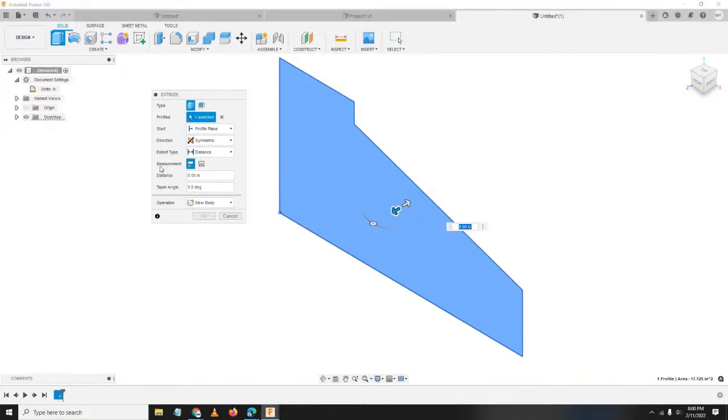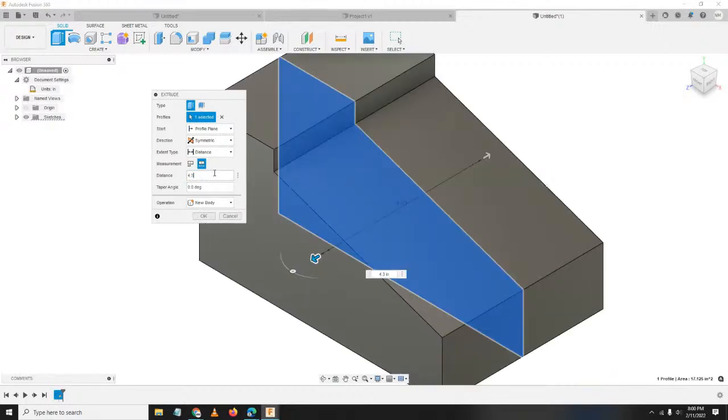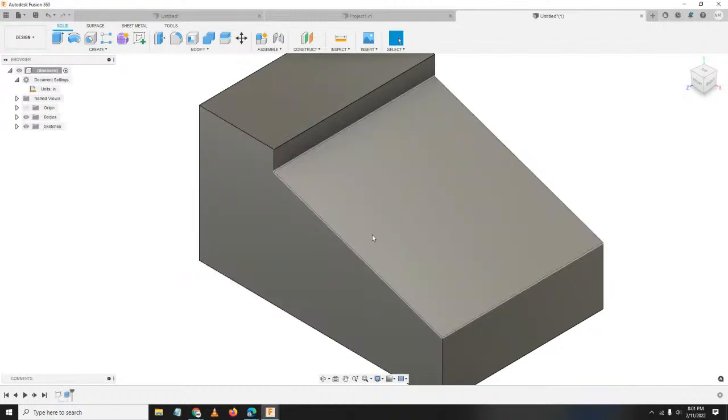For the measurement, whole length. Okay? So, meron siyang half length and whole length. So, I'd like to change it to whole length and the thickness or the distance to be 4.3. 4.3. Okay? And click OK.